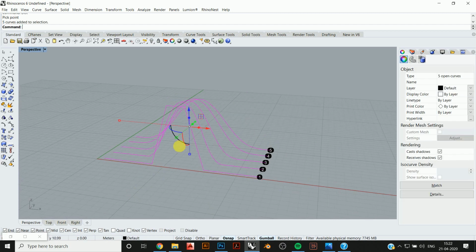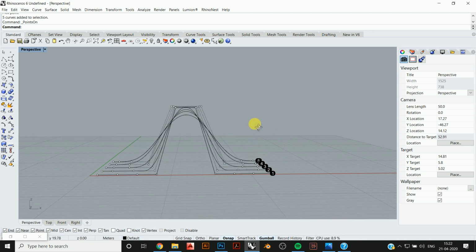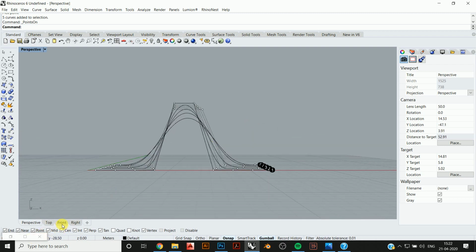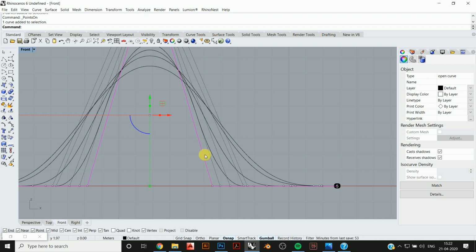If you are on the control points, even in the front view, you can see this is degree 1, the point is straight, and this is degree 2.